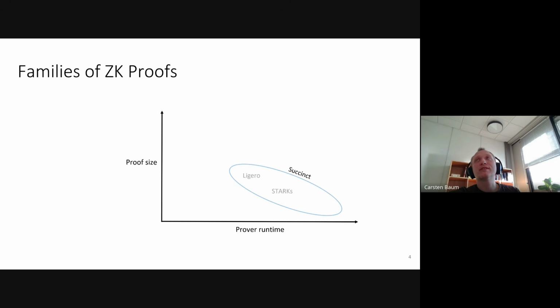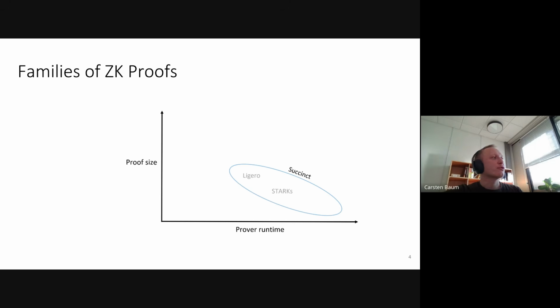At some point, the proof is smaller than the statement that you're trying to prove, but they all have the disadvantage of having a prover runtime that scales non-linearly in the size of the proven statement. So your runtime increases quite a bit over just running the actual computation that you want to prove. These are often interesting if you are in a blockchain context, if you think about having a proof that is smaller than what you're actually trying to show, and also a verifier runtime that is very small, if you want to do ZK rollups, for example.